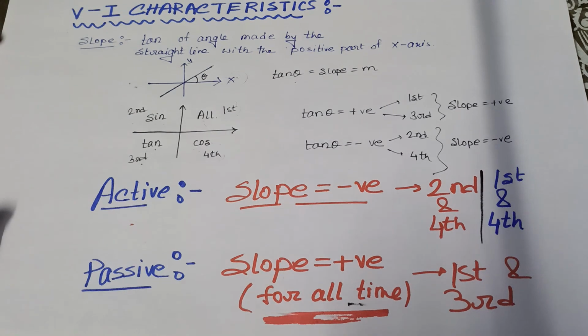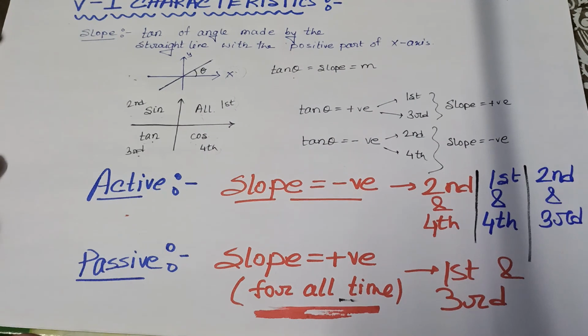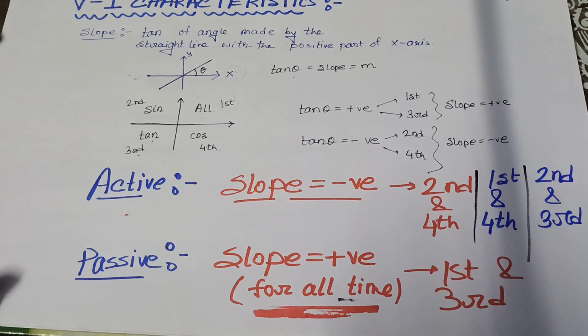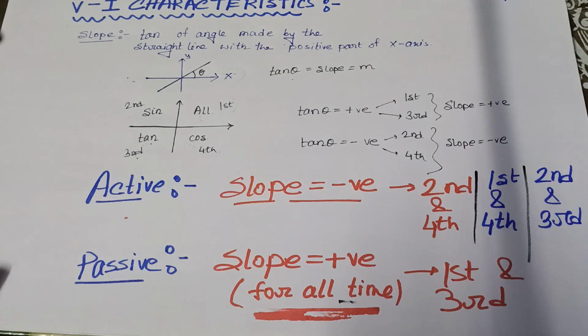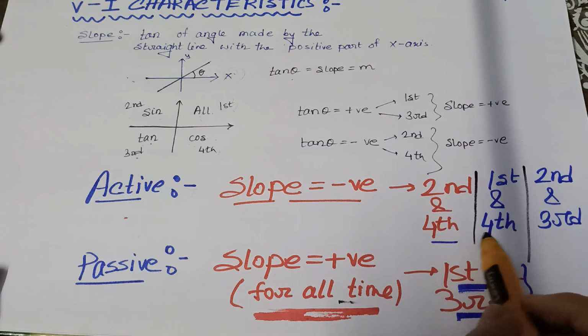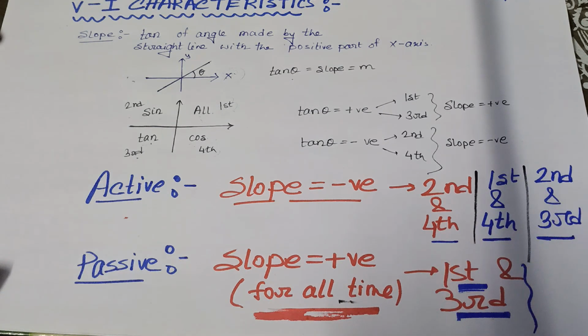Okay, so remember, a VI characteristics lying on first and fourth quadrant or second and third quadrant also will be known as active element. So an element will be passive only when it lies on first quadrant, second quadrant or first and third quadrant. Okay, or in all these cases the element will be known as an active element.